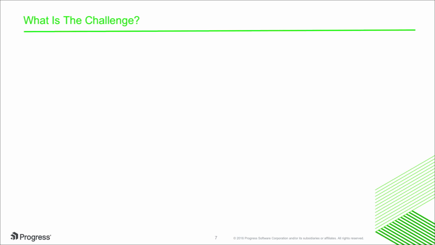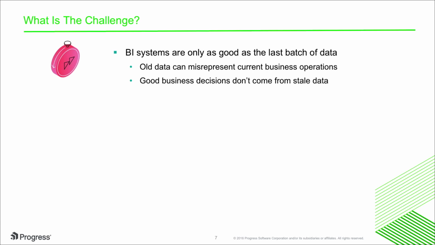So you may be asking yourself, what is the challenge in creating a replication solution? Why couldn't we just write something ourselves? Well, as the volume and velocity of data increases and technology improves, waiting to see data that is 24 hours old is no longer acceptable. The fast-paced businesses of today demand that data be available as quickly as possible. Usually this is done in real time or near real time, so that decisions can be made immediately and a competitive advantage gained. Looking at old data can cause an organization to make a bad decision that will adversely affect